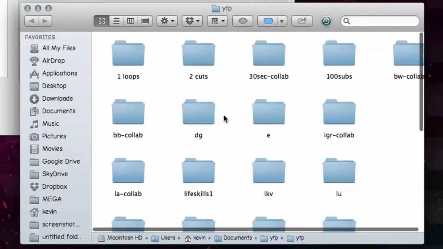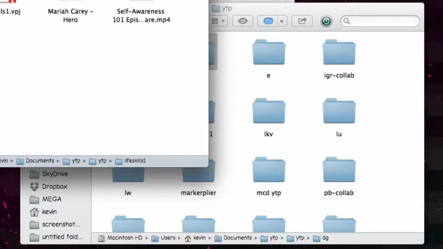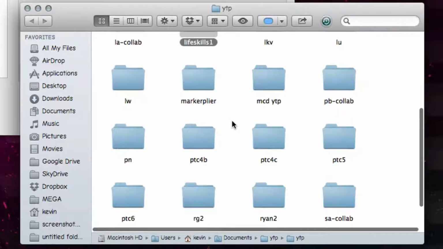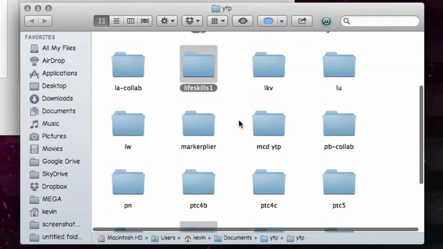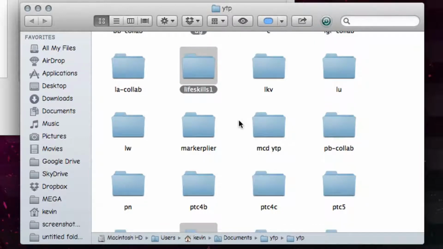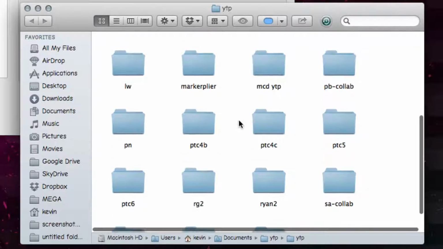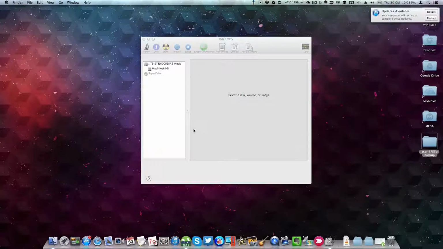Hold on, do I still have this one here? Yeah, I think I have this one here. There's also this one. And there's this one here, and I think there's also this one. As far as I know, those are three of my unfinished projects that I still haven't found time to finish. So I really need to clean up my YTP stuff. And anyway,